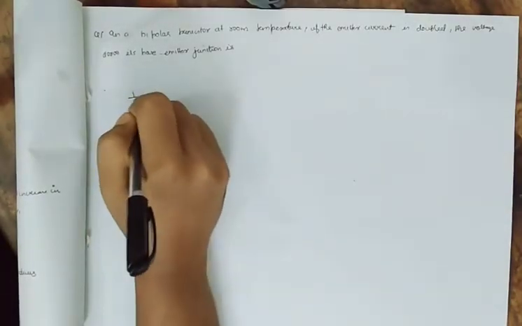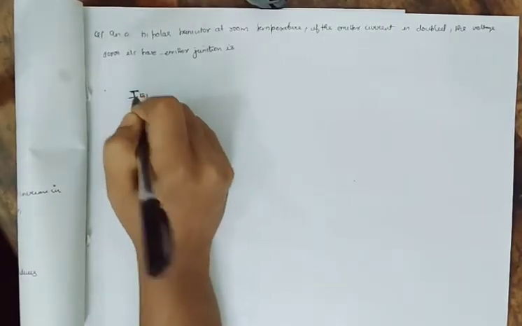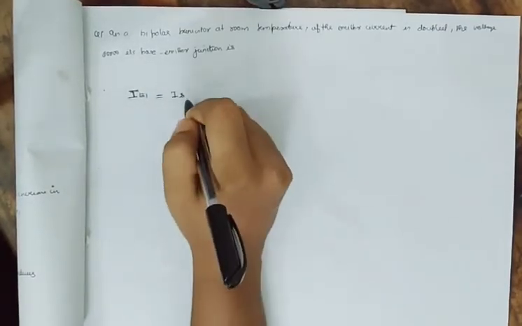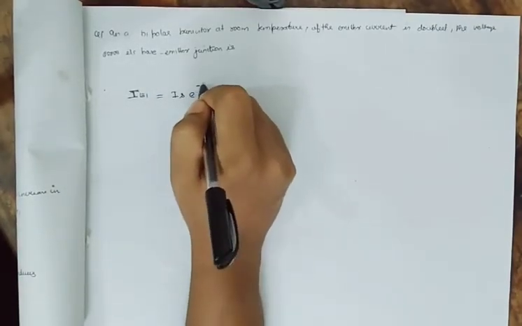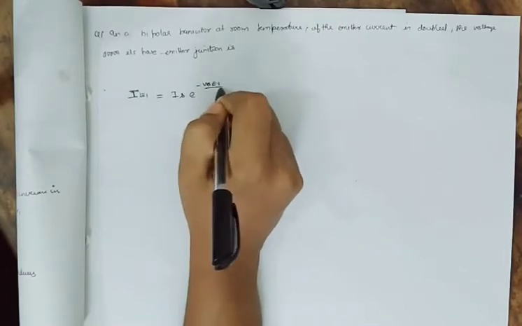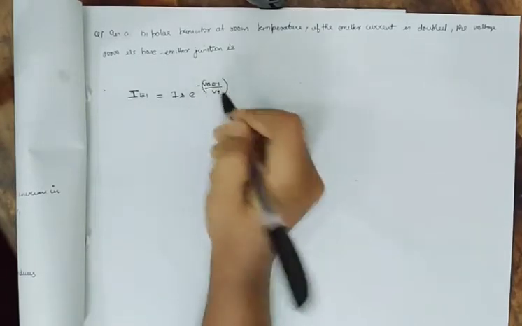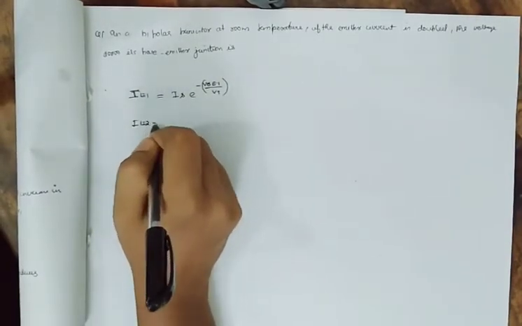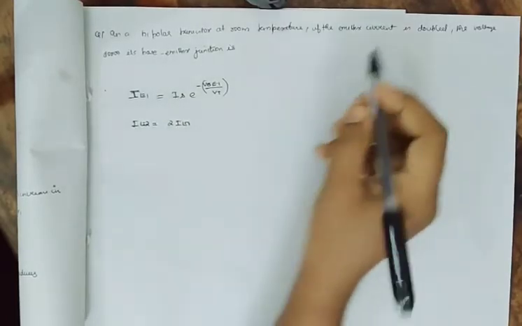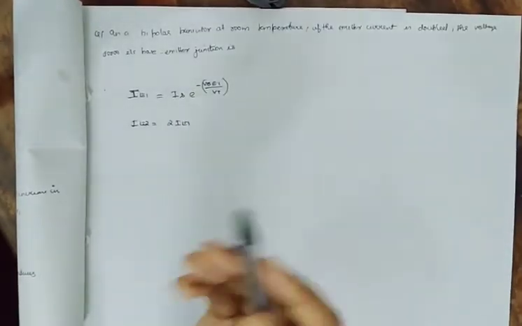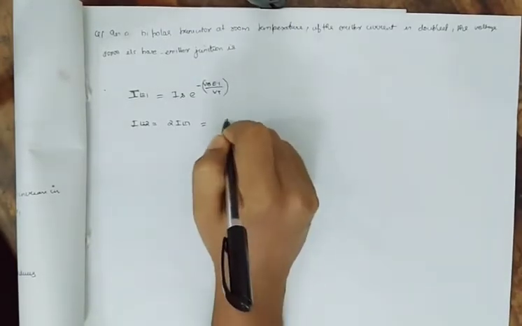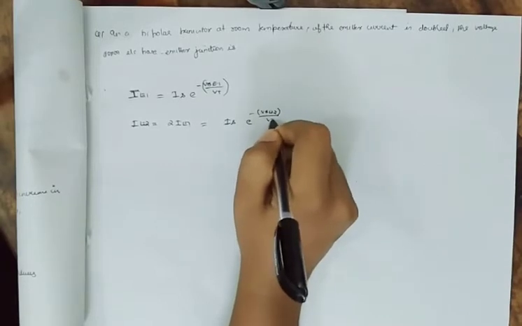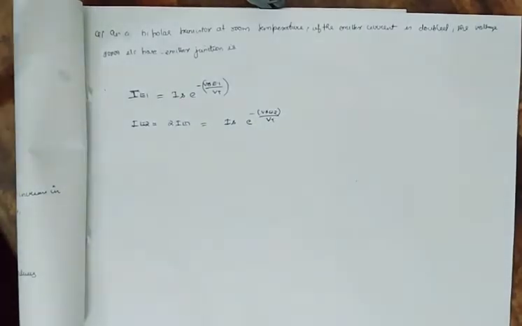So IE1, this is the equation for the emitter current, which is equal to IS, the reverse saturation current, into e raised to minus VBE1 divided by VT. So this was the first emitter current, and now it is doubled, which is equal to 2IE1. It is given in the question that the emitter current is doubled. So let it be IE2, which is equal to IS into e raised to minus VBE2 divided by VT. And now we will have to find out what is the change in